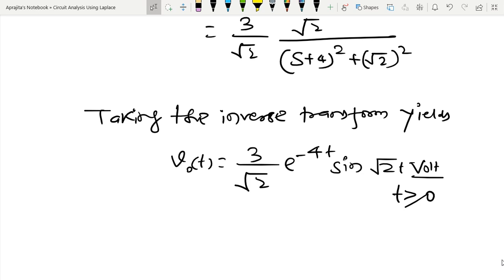So in this way, whenever I have some kind of circuit, first I will convert that into S domain, and after that I can apply the standard techniques. Now let us discuss one more important point, and after that I will close today's lecture.